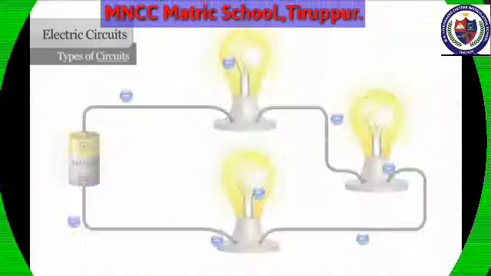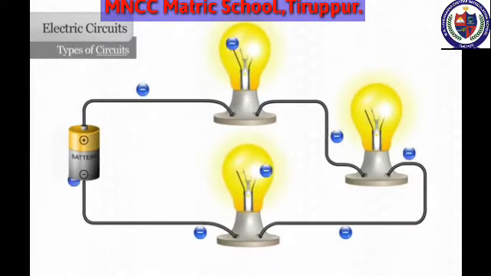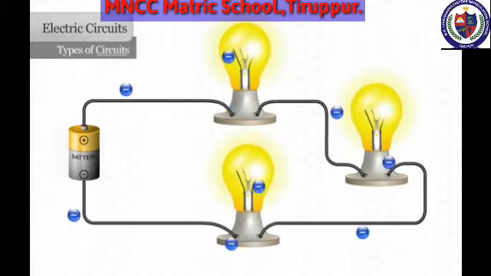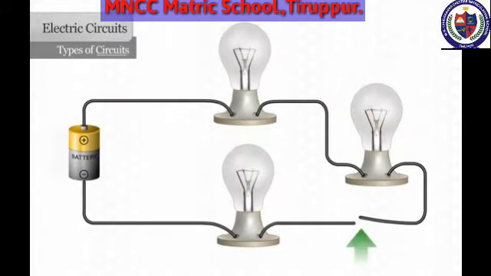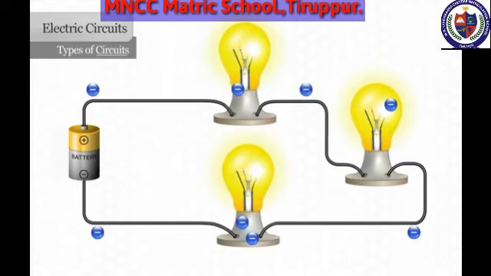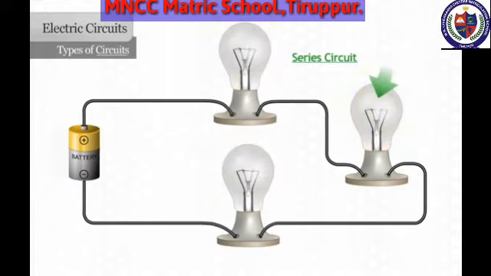Next we move to types of circuits. Number 1, series circuit. As we discussed earlier, electricity will only flow on a closed circuit. Most of the electrons flow through the wire and each of the bulbs before returning to the battery. If one of the wires is broken, a gap occurs in the circuit and all the lights go out. When the lights are lined up one after the other on a circuit like these lights are, it is called a series circuit. The problem with this series circuit is if one light burns out and its filament breaks, it creates a gap in the circuit.